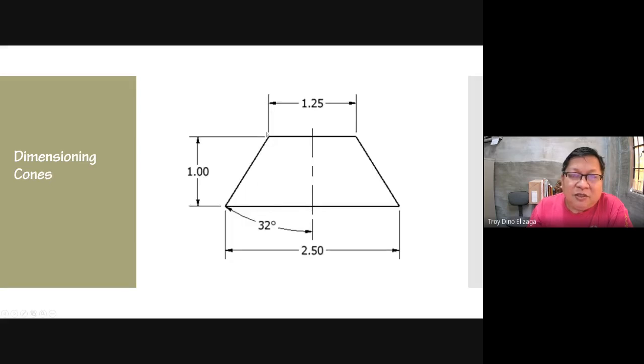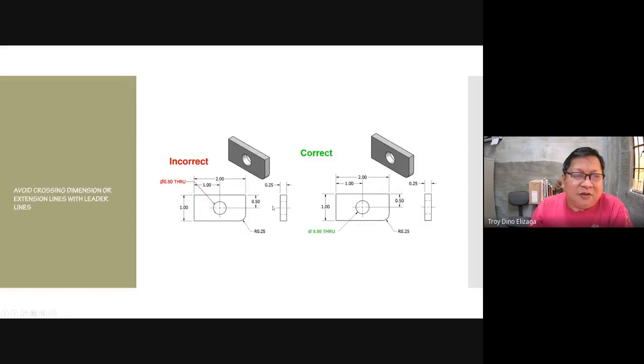In cones, of course, you dimension all of this. Now, I'm confused about this 32 degrees, so we will not discuss it, because I got this slide from the other teachers.